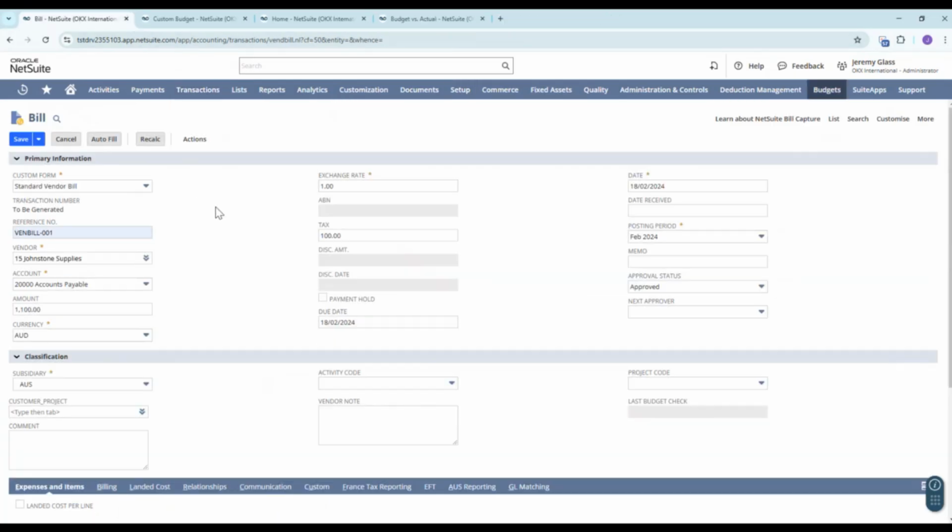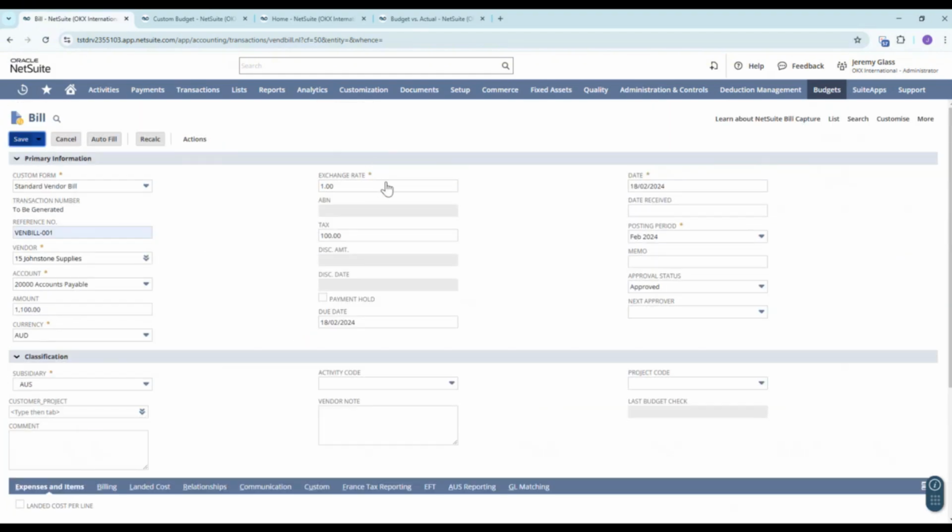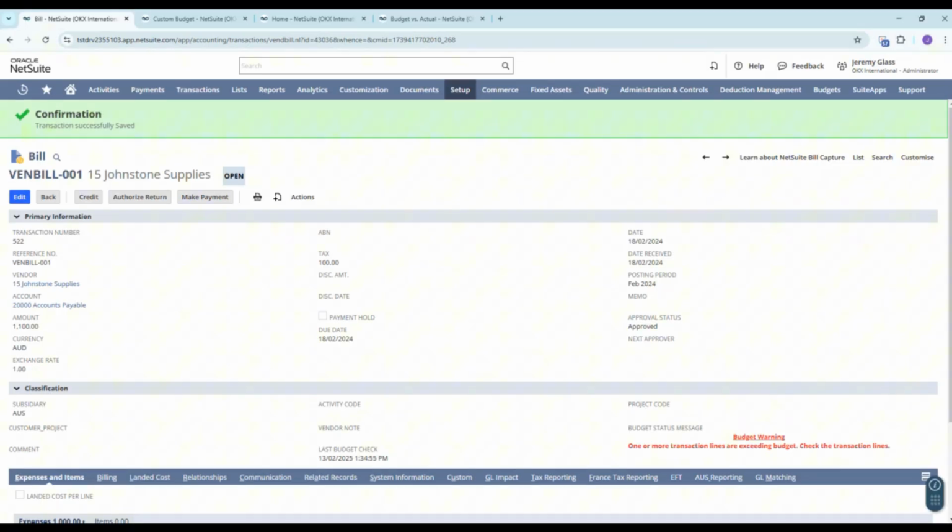All right, so I've taken the liberty to prepare the vendor bill as well, using the same vendor. And if I scroll down, you will see here that I use the same account, and the amount now is 1,000 AUD. All right, so once I click save, I should as well receive the same pop-up message. All right, and once I click save, it will allow me to create a vendor bill. And what is its value? So it prevents unapproved expenses from impacting financial health, and it helps companies or organizations enforce strict spending policies.